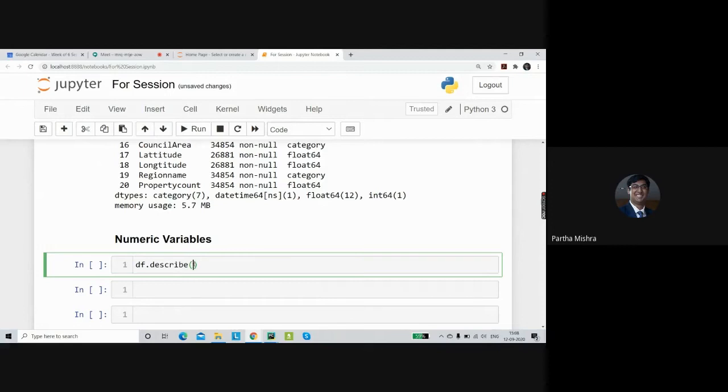Okay. Describe method only works on the numerical data, so we'll get an idea of what exactly the numerical data has. And to make things even simpler, I'm going to perform the transpose on this so that we get the column names as rows and its particular attributes in the columns.